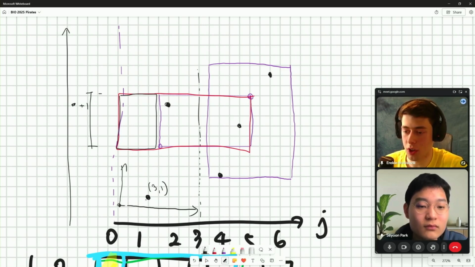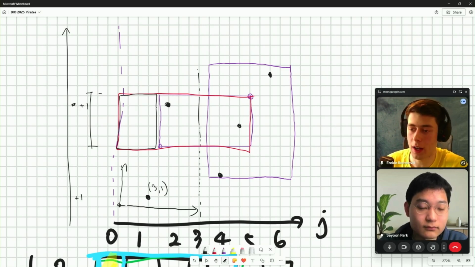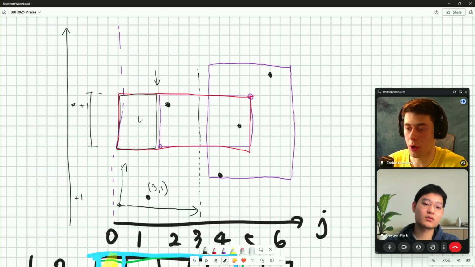So we'll start adding points. We'll sort the points and go left to right. We'll add this point here, so we'll add 1. But before we add the second point, we see this black rectangle ends at this x coordinate. So we'll answer the black rectangle by querying in this range that I've drawn. This +1 won't have been added yet, so it'll just be 0 for this black one.